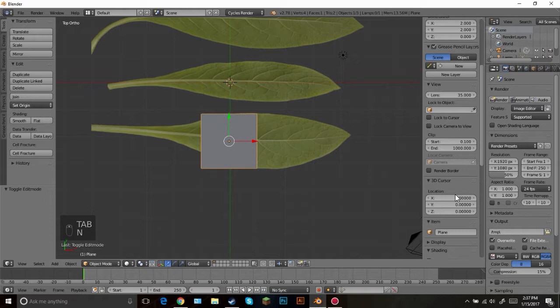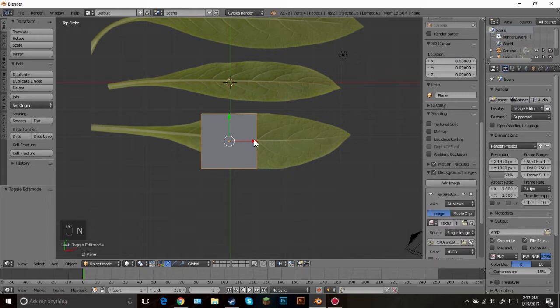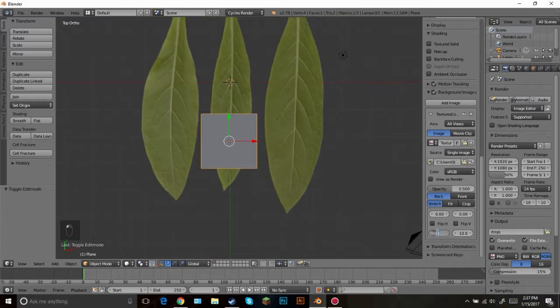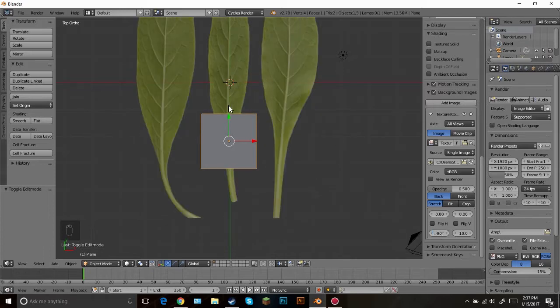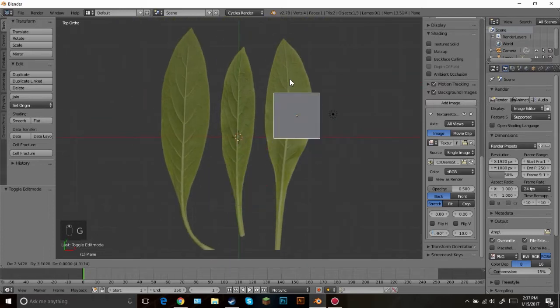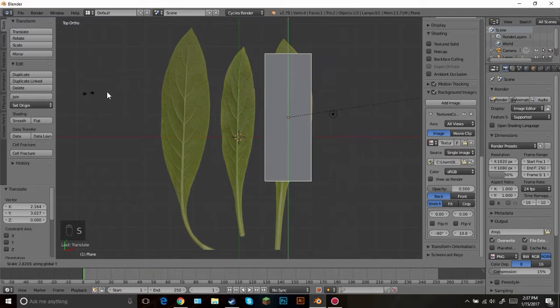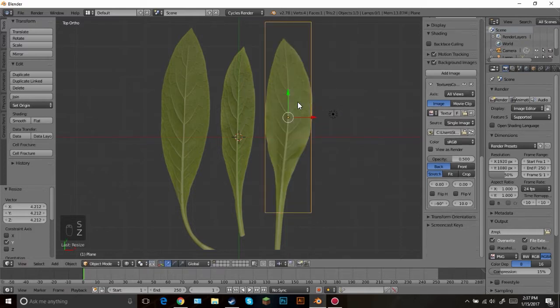Also, hold on, I want to rotate this background image so it goes up and down, because that will just be easier. So I'm going to rotate it 90 degrees, negative 90, there we go, and then I'm just going to place the plane right there. I'm going to scale it up along the Y until it fits the entire thing, move it down a little bit, scale Y,